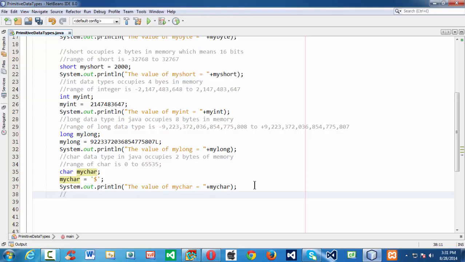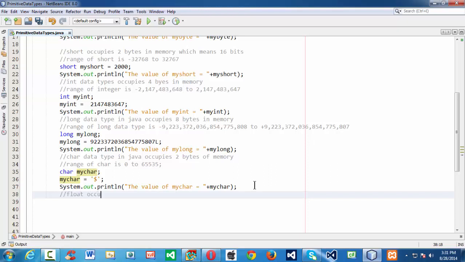Until now we have seen only integer primitive data types like int, short, byte, long, and char. Here we have float and double, which are used to store rational or decimal values. Typically, the float occupies 4 bytes in memory.